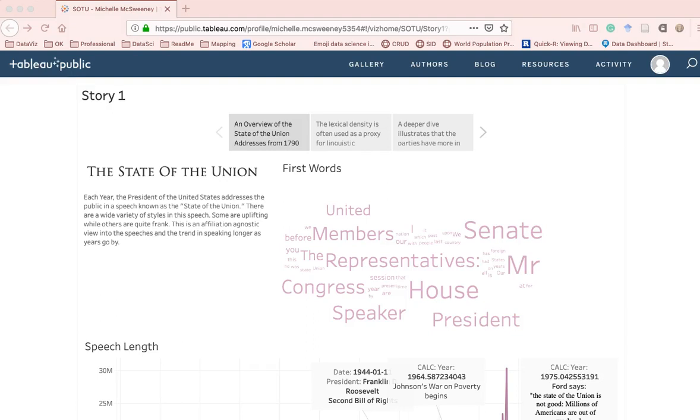Hey there, welcome back. We're going to get started today talking about text analysis, both of the data within a text and the metadata around a text. As you'll see with Tableau,